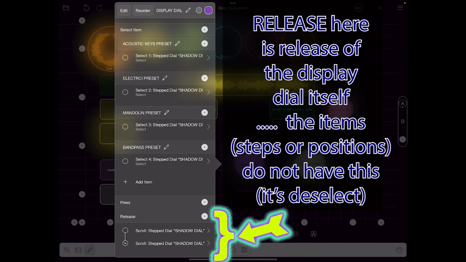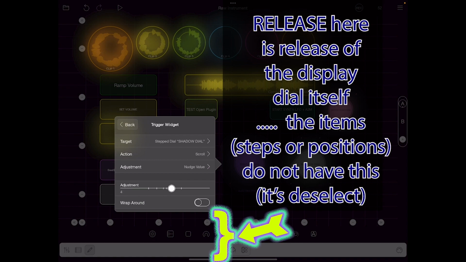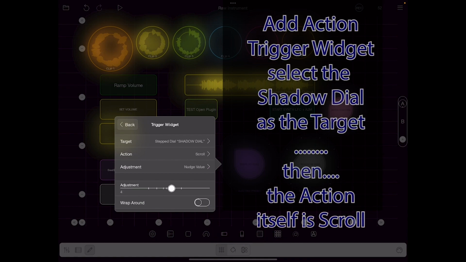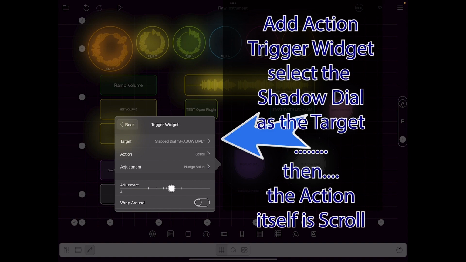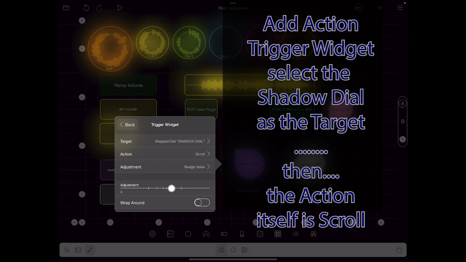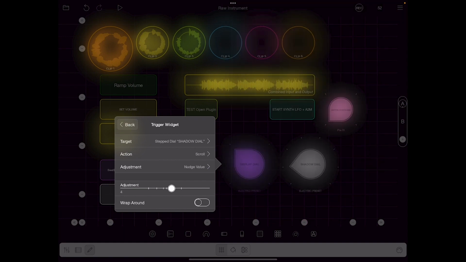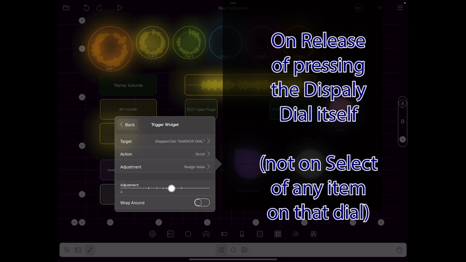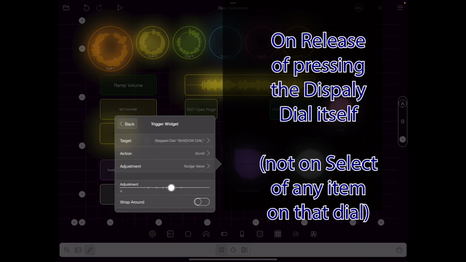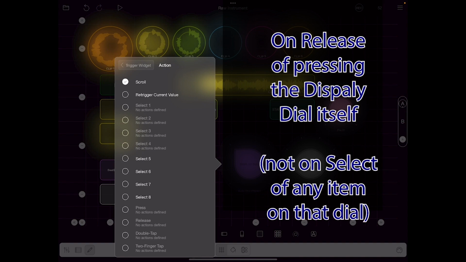So what I'm going to do on release of the display dial is go to the step dial, that's my target, and I'm going to use the scroll action, okay? I'm not manually scrolling through, I'm using the scroll action in Loopy. So on release here, you can see the target is the step dial, the action is scroll,